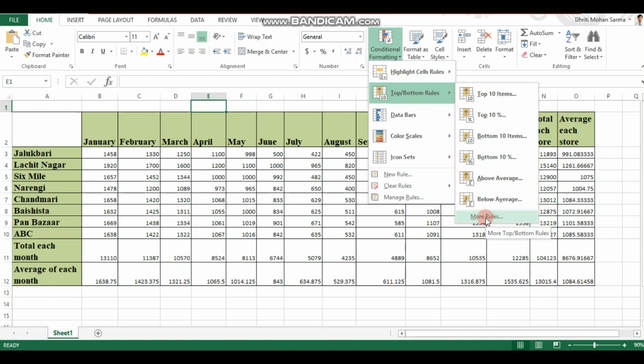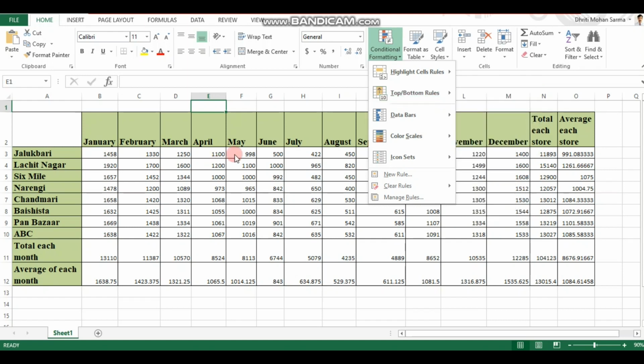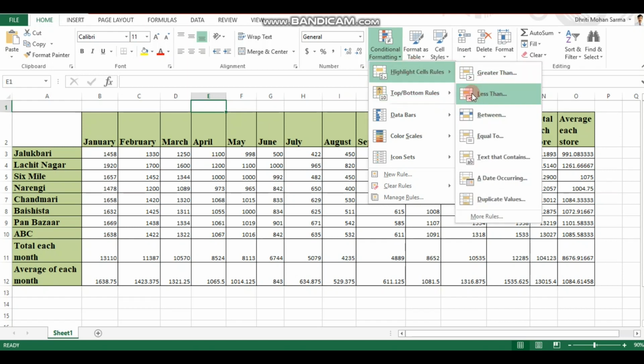So let's see what these 6 options signify. As the name suggests, if I select the top 10 items, 10 values from the data would be selected, that is, numerically 10 numbers. It doesn't matter how many data you have. If you have 11, the top 10 would be selected.